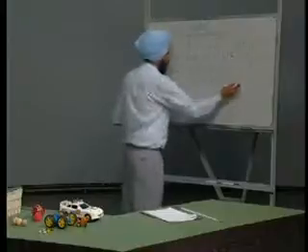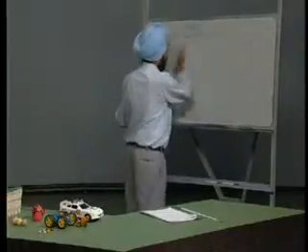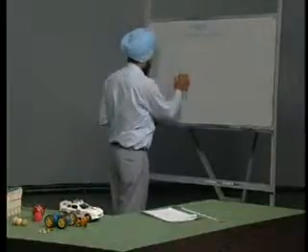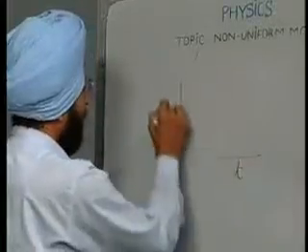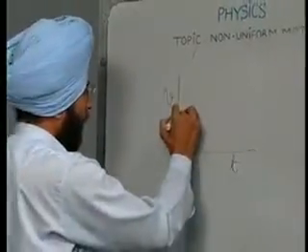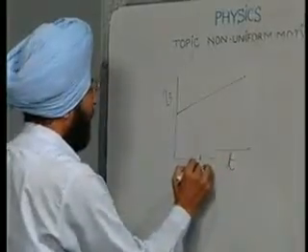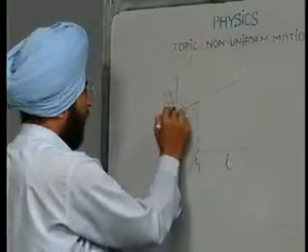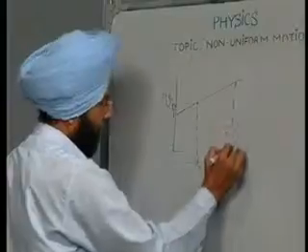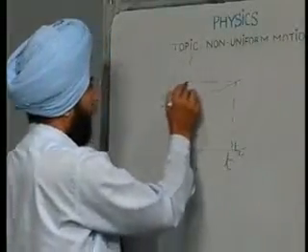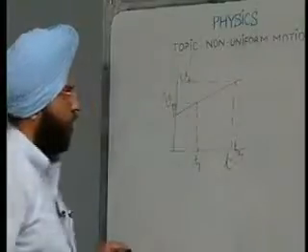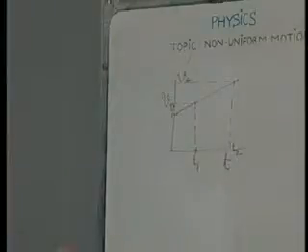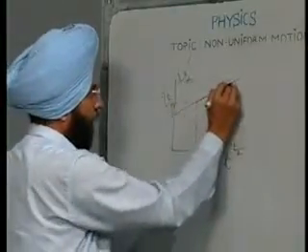Now, if we have this straight line graph between V and T, velocity and time, we take at time t1, velocity is say v1, at time t2, velocity is v2, and the area under this graph, this area